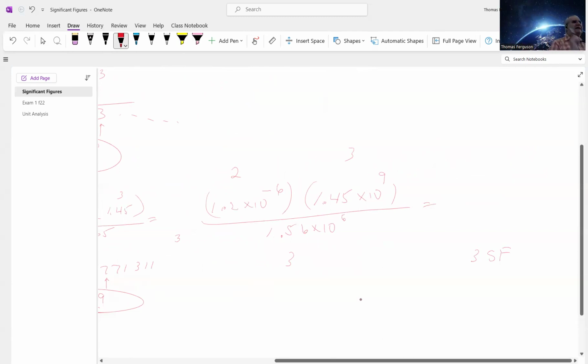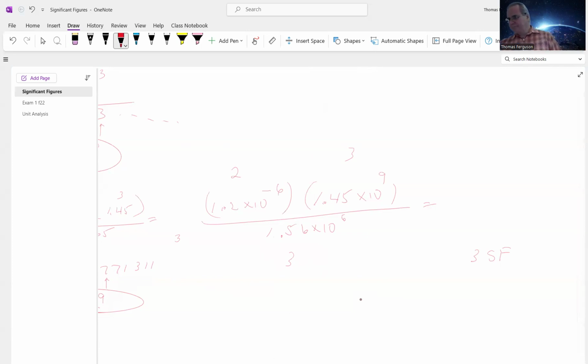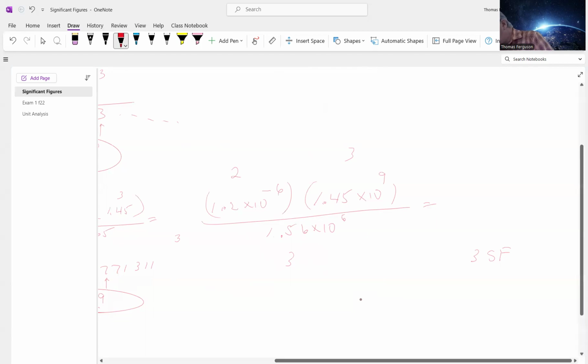Now this is where the EE function comes in. I'm going to do this two ways, one with EE, one without. If your calculator has an EE, I can't emphasize this enough, highly recommend you use it. What it does, it ties together the one, in this case, 1.2